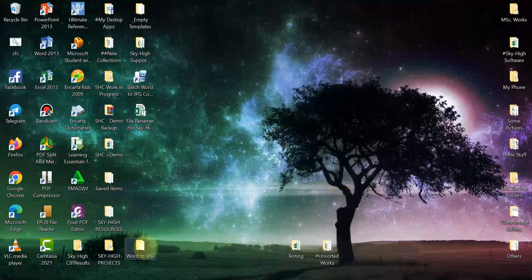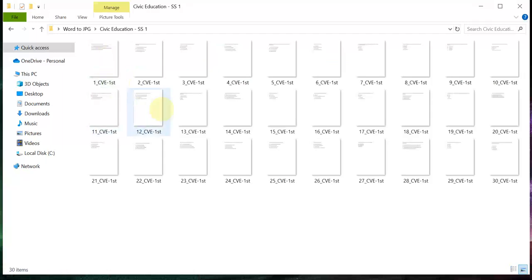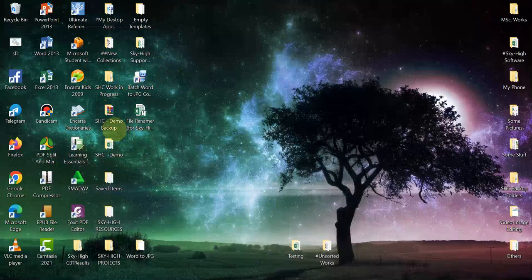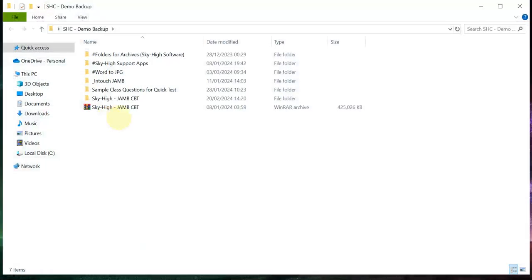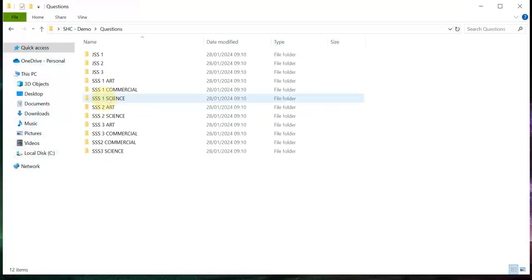So we can go back to that folder and check what happened there. So you see automatically all the 30 questions have been renamed automatically. So by now we are done, or we are good to go. Just Control A, then copy. Alright, you can minimize this, and then you go to the software. Okay, for questions,